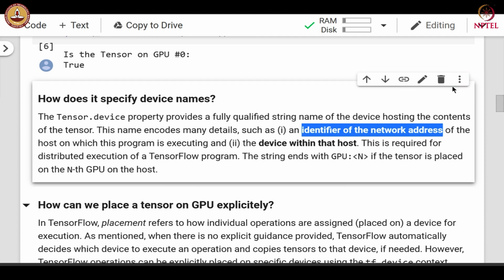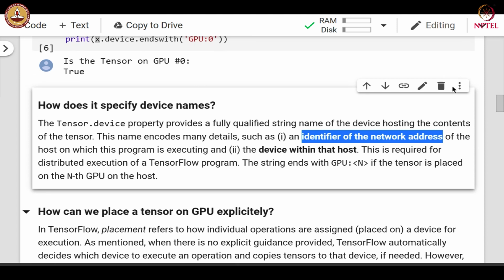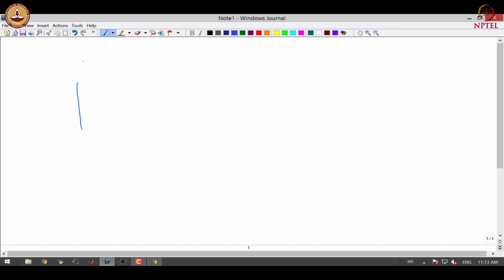One is the host, and this device may have multiple GPUs.